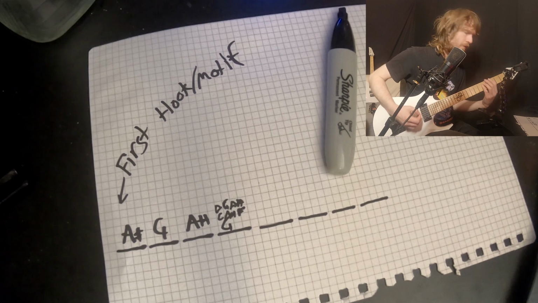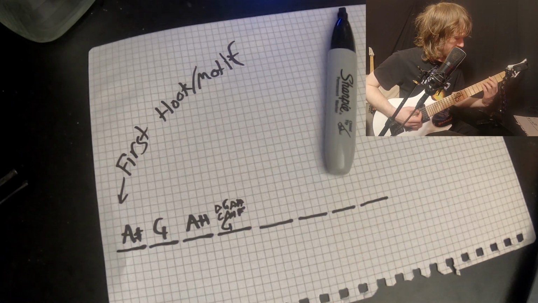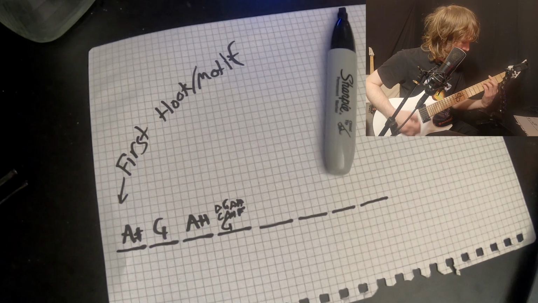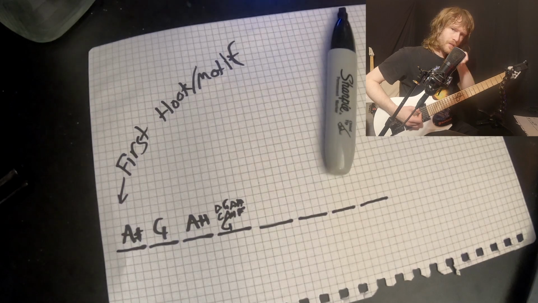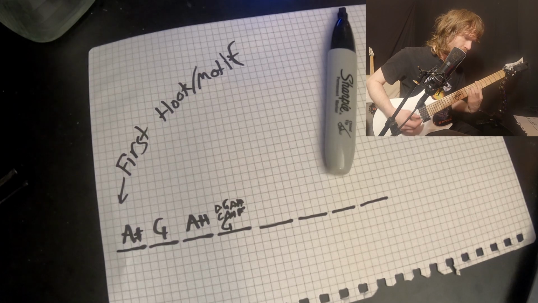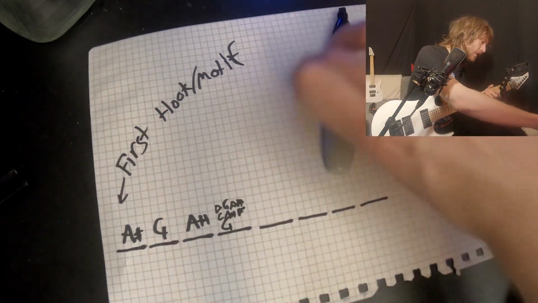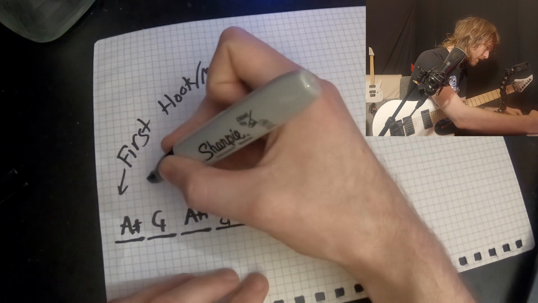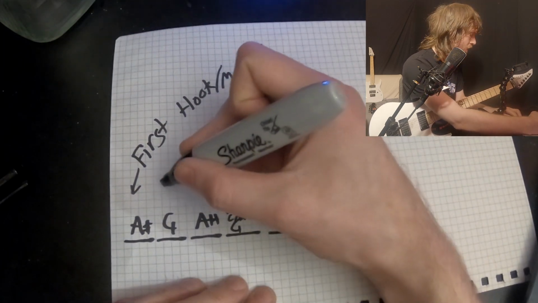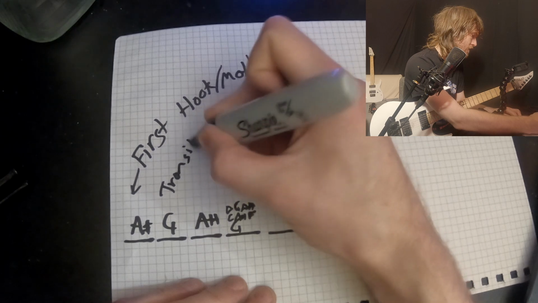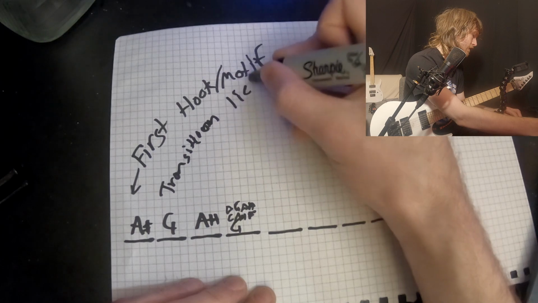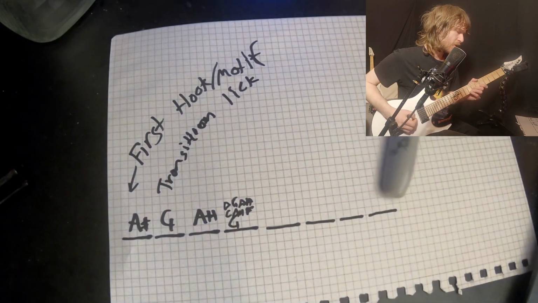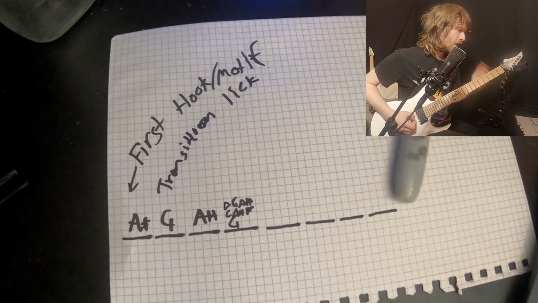And then when it goes down to the G minor, this last note also serves as a little precursor to when the chorus comes back up to G. But what I'm doing there on the G chord is what I would call this transition lick. Okay, so we have the first motif, the transition lick,